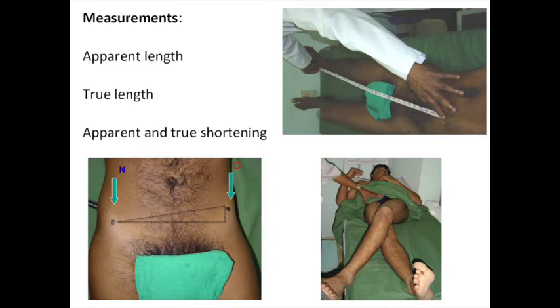At times the students go on describing the length, 80 centimeters on the right side and 79 centimeters on the left side, and they do it for the apparent and the true, and then it gets a bit confusing. So it's not a bad idea to share the shortening and whether there is a difference between apparent and true. And for measuring of the true shortening, you need to square the limbs, and the second prerequisite is both the limbs need to be measured in the same position.